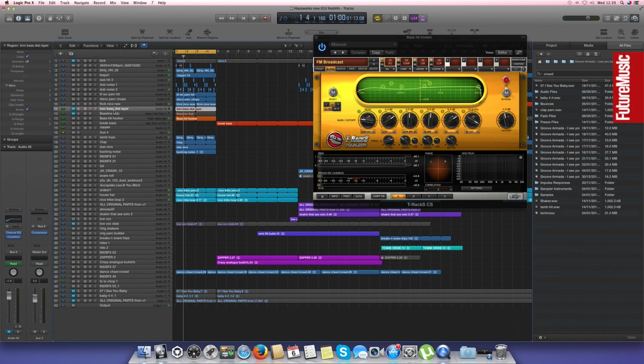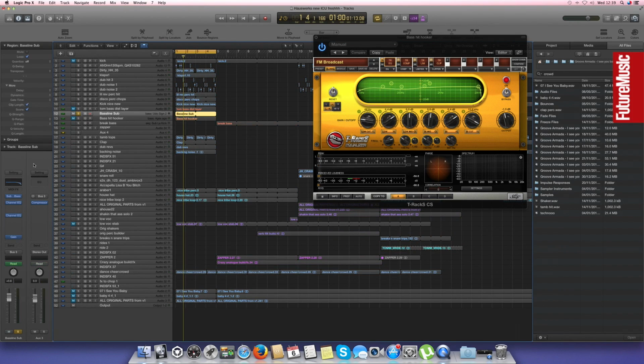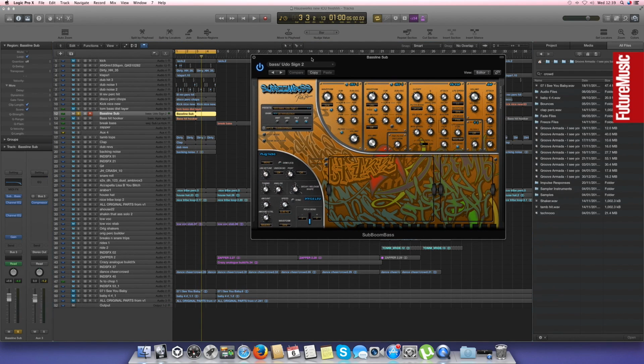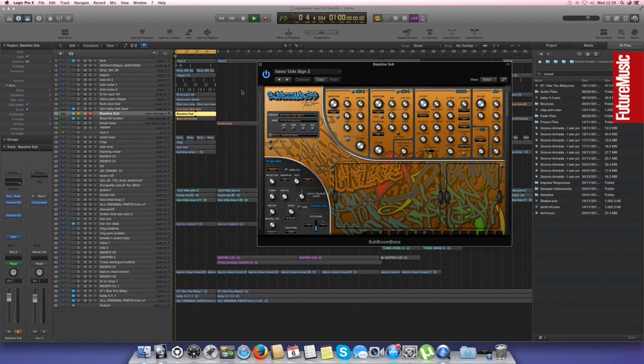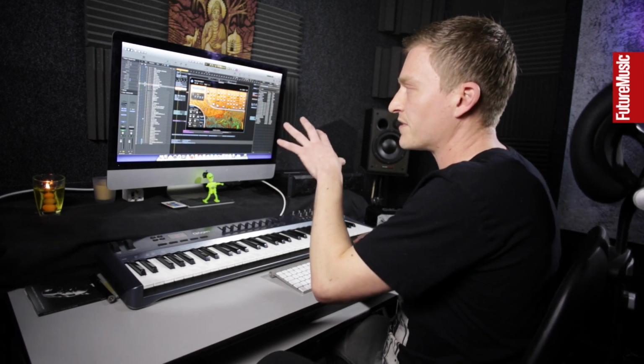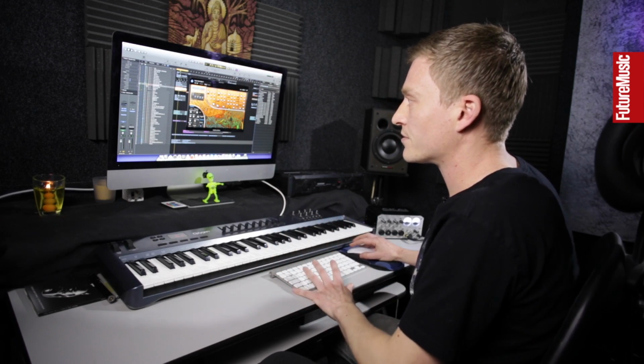So there I have the basis and the starting of the bass line and the groove, and from listening to that on a loop, when I'm in the zone, I then start getting ideas of how the sub should go underneath it. So then I'll load up another one with an appropriate sound, which I like, which is actually a combination of an Udo drum and a sine sub on this one. Quite often when I use such things, I'll remove the Udo drum sound and just use the warm sine on the bottom. But I found with this one, in with the percussion and with the other bass that I've showed you,